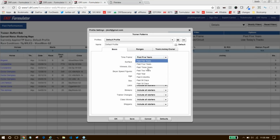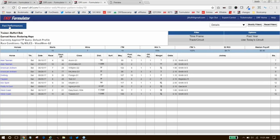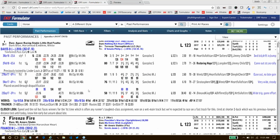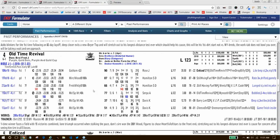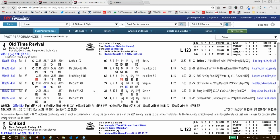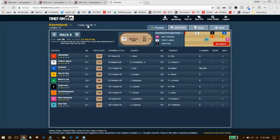I'm torn, and I want to talk to you a little bit more about Old Time Revival. I think you already made the key point. This horse is, I think, developing and very talented, but doesn't he just vibe like one of the ones who's going to probably do the best kind of work in extended sprints later in the year? I'm just scared. A lot of times I don't mind extra distance for a speed horse when they can sort of ration out that speed more. But just on the tape, he vibes like a little bit too much of a runoff for me. I like his chances to hang around for a piece,